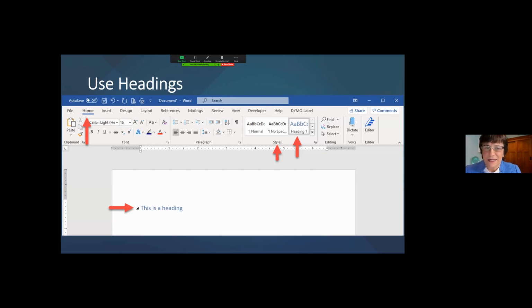Here's how you do the headings. Step 1, go to the home. And you can click that down, and you can then click on styles in that menu bar. Then you click on heading. Then you go to your document with your cursor, and you're going to see that little black triangle there that shows up, indicating you have styled this with headings. That helps them with their screen reader so that they can skim a document by reading the headings and knowing what's coming up later. So they really appreciate it as you use headings in any of your documents. And this is how Word will help you to do that automatically.